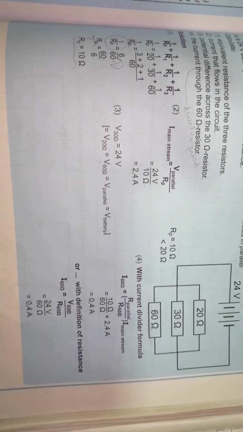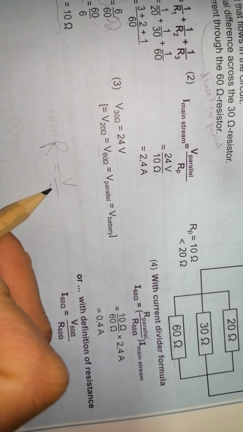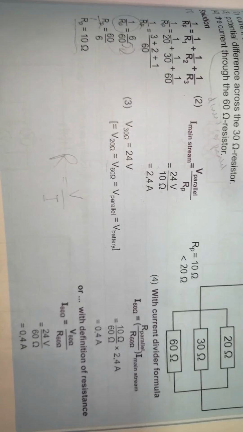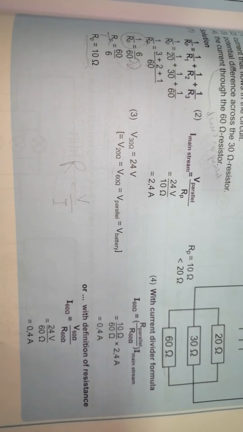Now you can choose whichever one you want to choose, you will get the same answer. You just need to make sure that if you're working out the total of something, you need to use total everything else. If you're working out specific, you need to use specific values for everything else. And most of the time you will end up using the resistance formula, which is R is equal to V over I. So if you are stuck and you don't know what to do, just try to use this formula. It will answer almost all your questions.